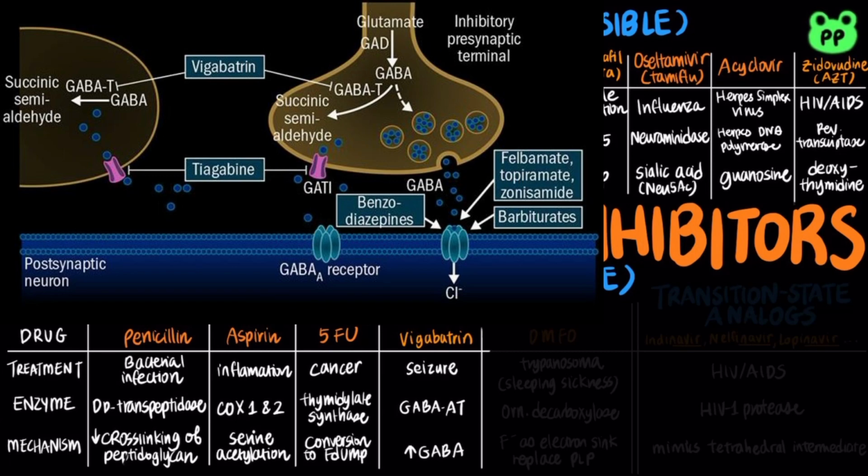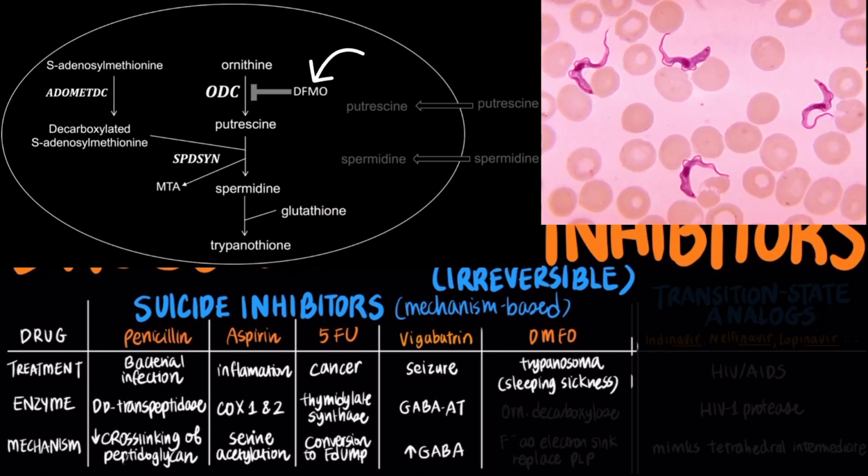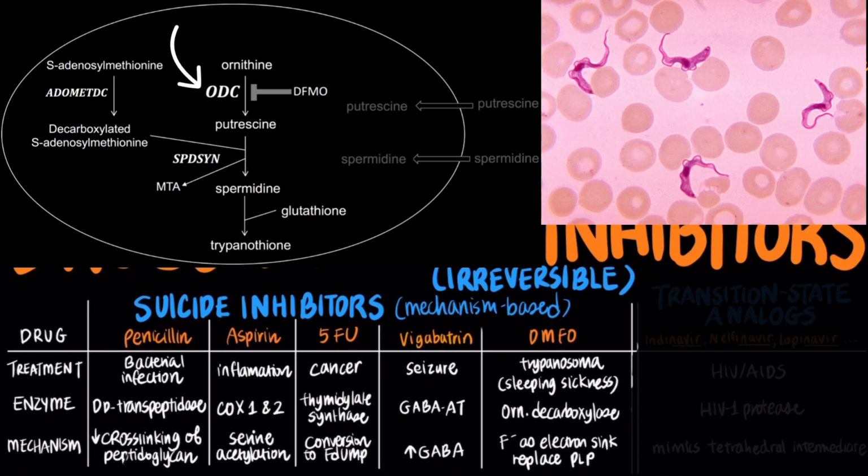initiate seizure activity. Difluoromethylornithine, abbreviated as DFMO, is a suicide inhibitor designed to treat sleeping sickness caused by the parasitic protist trypanosome. DFMO irreversibly binds to ornithine decarboxylase and provides an alternative electron sink, forming a covalent complex with the enzyme